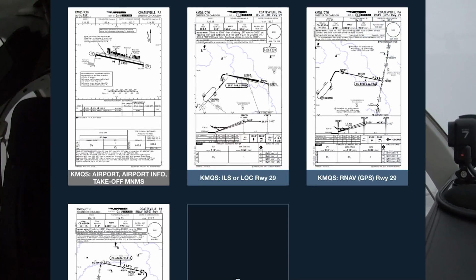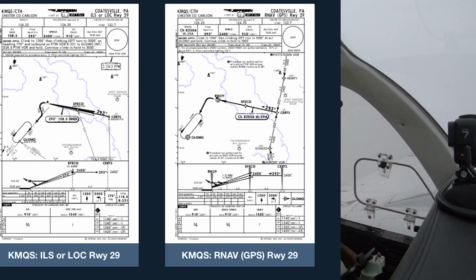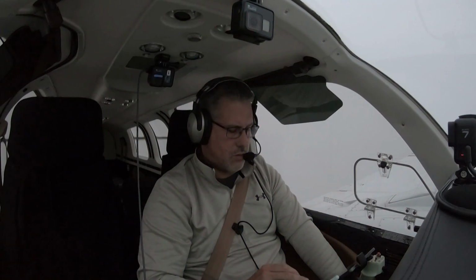There are 3 instrument approaches into Chester County. There's the ILS or Localizer Runway 29 approach, the RNAV GPS Runway 29 approach, or the RNAV GPS Runway 11 approach. I was approaching from the west and the wind was favoring Runway 11, so that was going to be